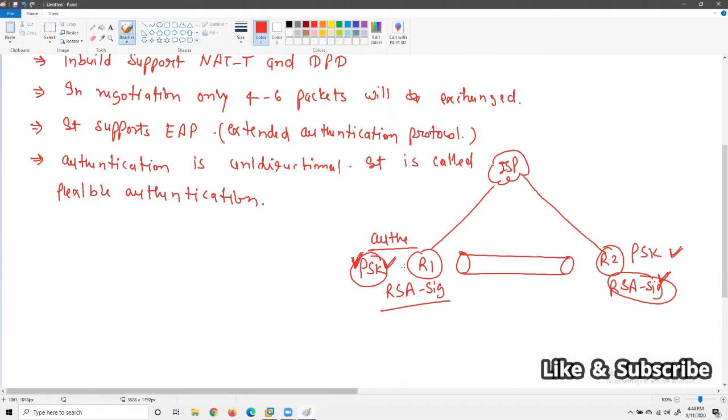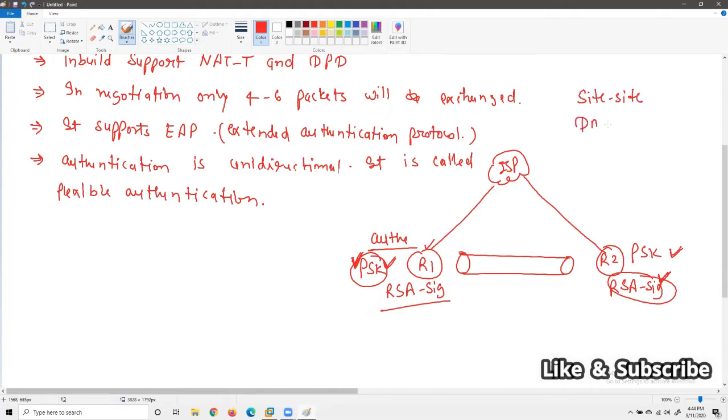But it is a capability available in IKE V2 that it supports flexible authentication. It can authenticate one side VPN peer with pre-shared key and another side VPN peer with certificate authentication. So you are increasing the security in your VPN tunnel. Clear? So we will deploy site-to-site VPN with IKE V2 rather than using IKE V1.